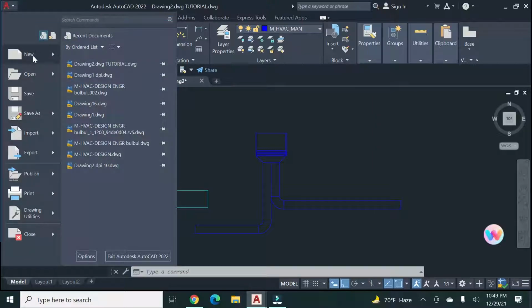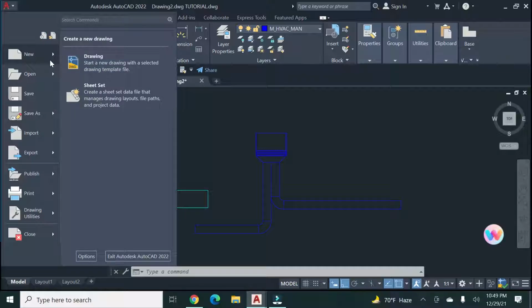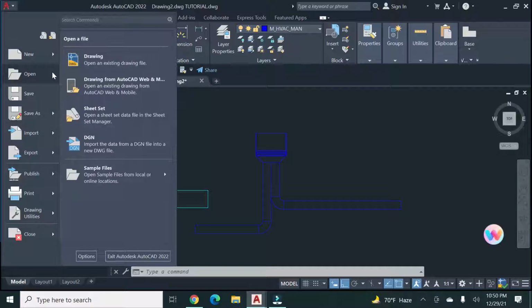Okay, new page. I'm sorry, actually I should speak English, I was speaking Bangla right now. When you go to a new draft, you need a new page. So you click here and you get a new page. And you can open something you already drafted, open the file and save.